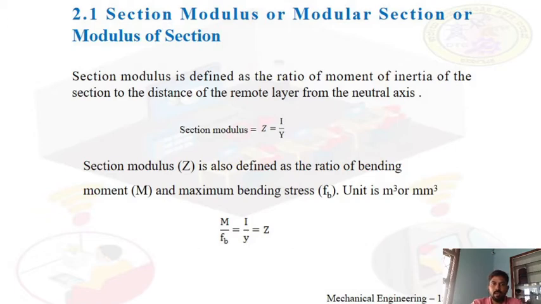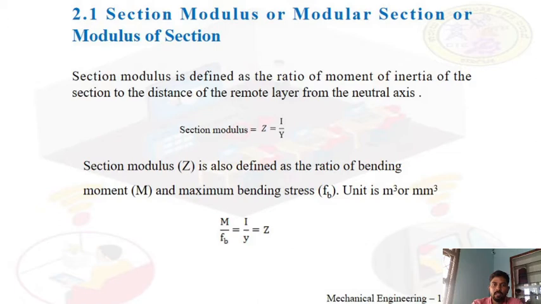Section modulus is defined as the ratio of the moment of inertia of the section to the distance of the remote layer from the neutral axis. The section modulus is represented by the letter Z. It is the ratio of the moment of inertia I to the distance of the remote layer from the neutral axis y. It is also defined as the ratio of